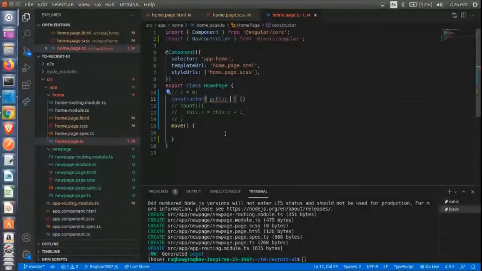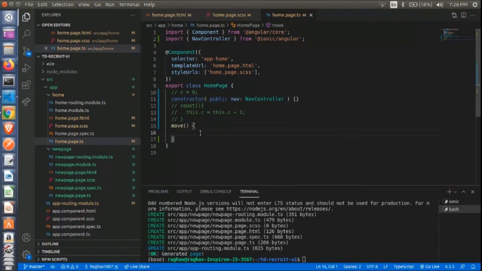So I give public, and now we can name the NavController object in any way we want. For example, I'm giving it nav. You can name it anything, even x or m. Then a colon, and the same name that we have specified over here. I'm just copy pasting it.